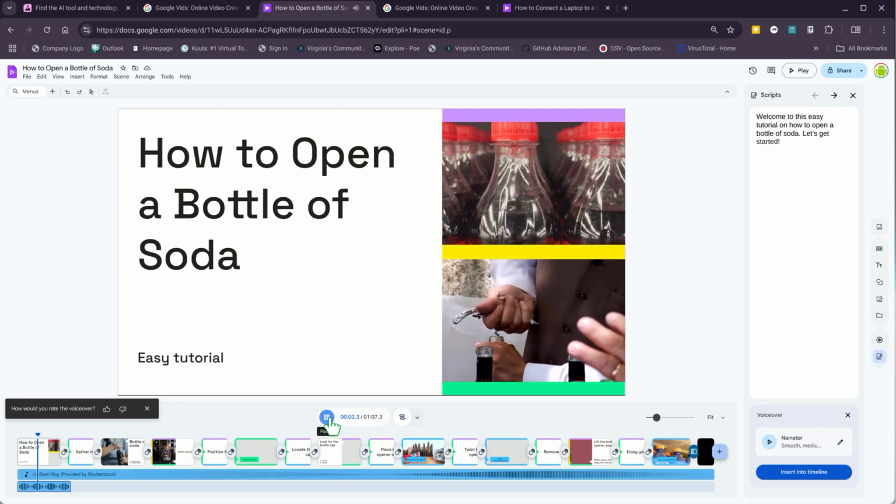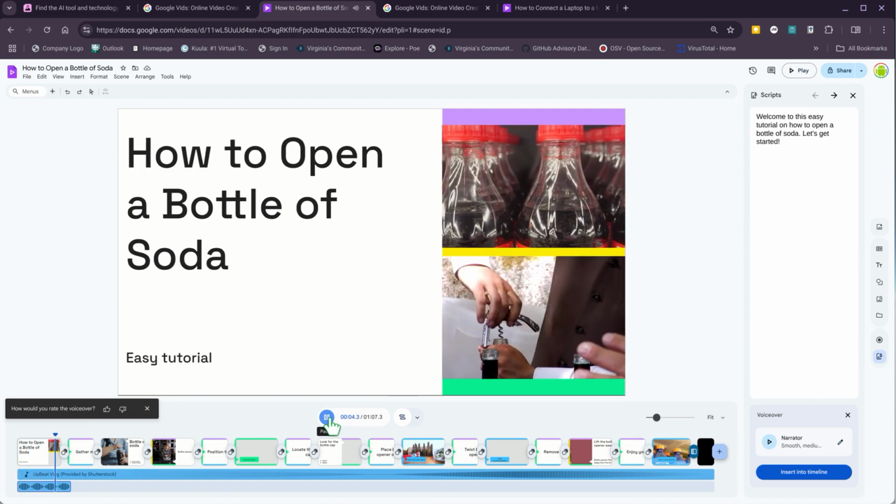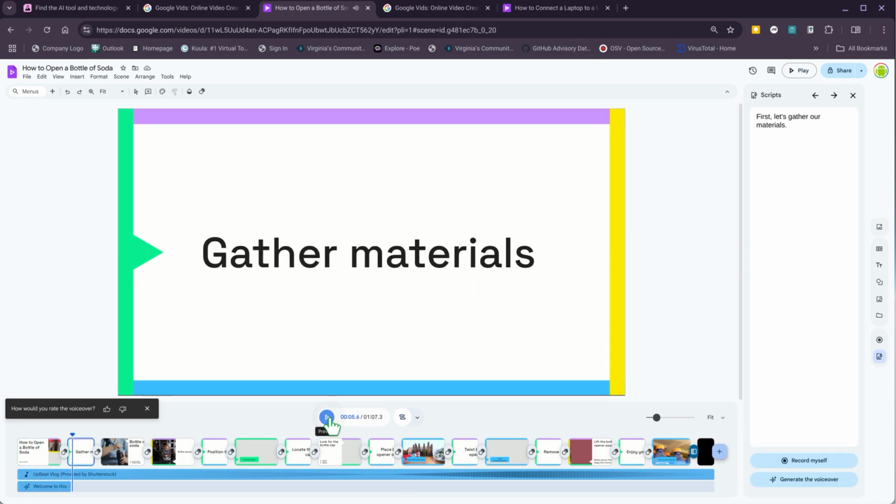Welcome to this easy tutorial on how to open a bottle of soda. Let's get started. Alright, so you already noticed that there's some things wrong, like you don't need a corkscrew, but you can change that. And so we're just going to go through,